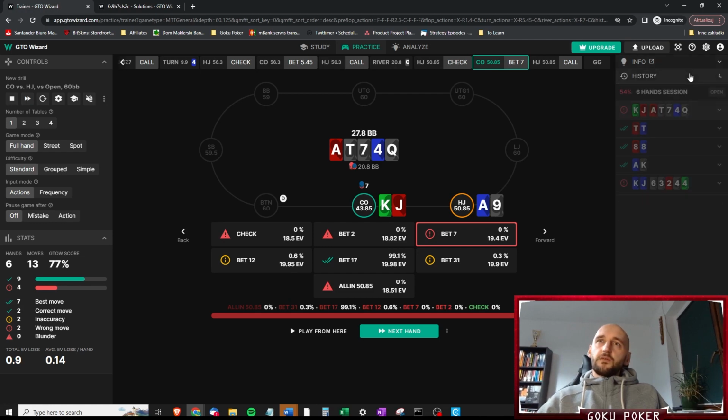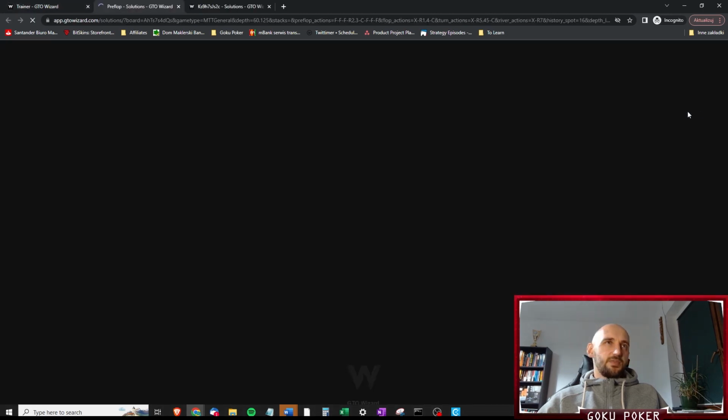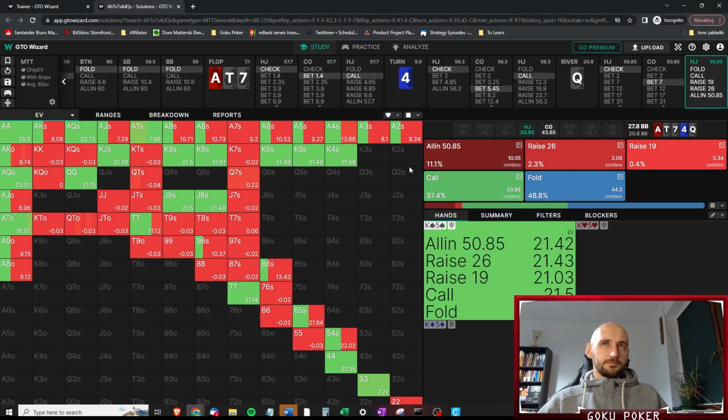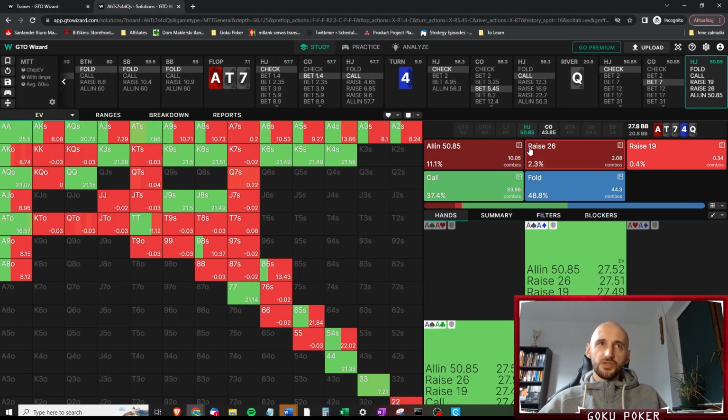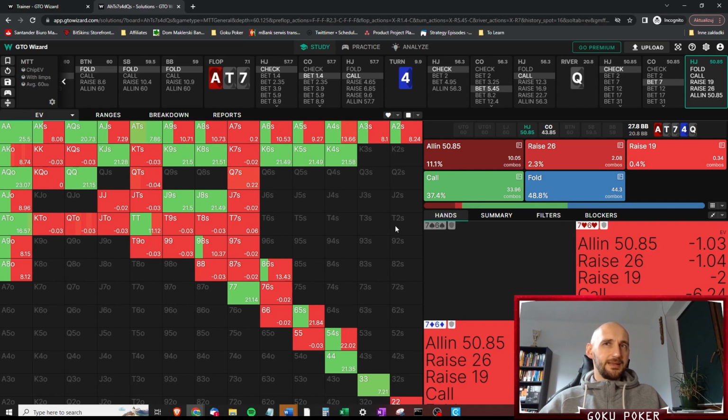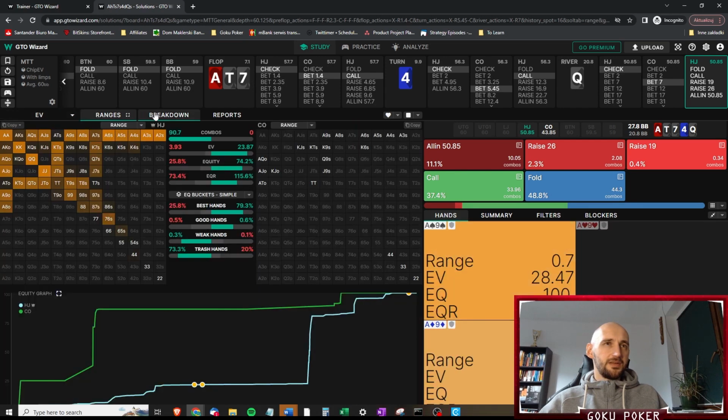And if we go into studying the spot, if we see the hijack's range, we see that he's got quite a bit of aces in his range. And then the missed straight draws and pairs, so he's actually got a lot of trash hands,